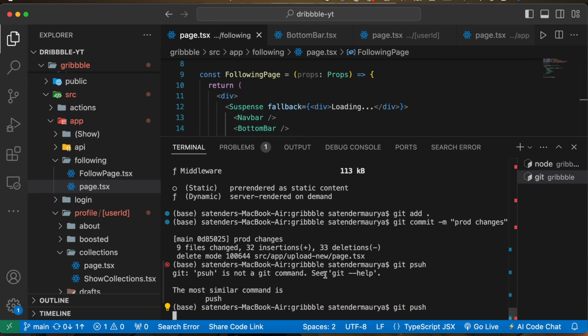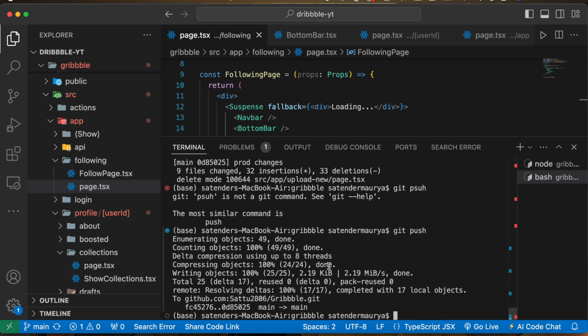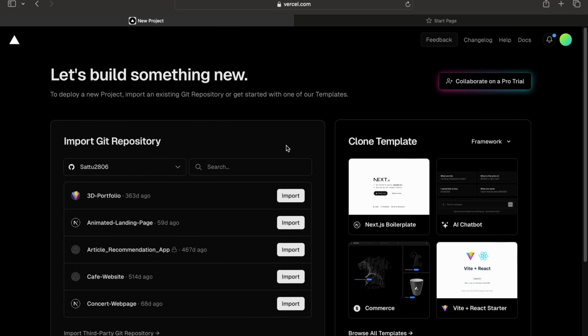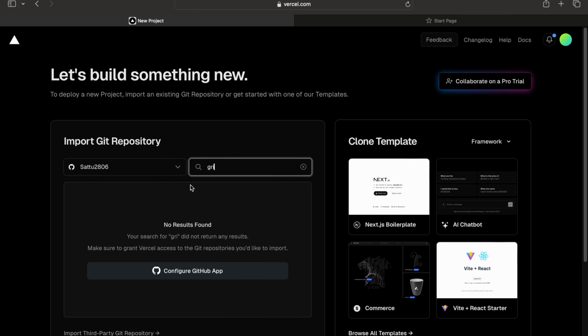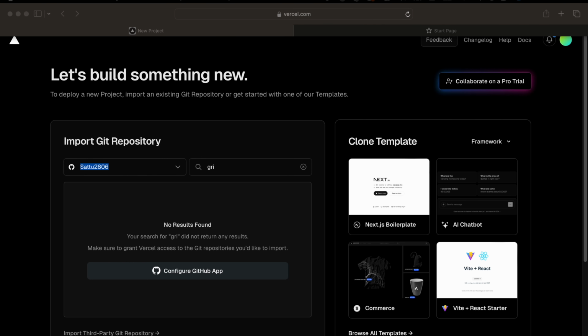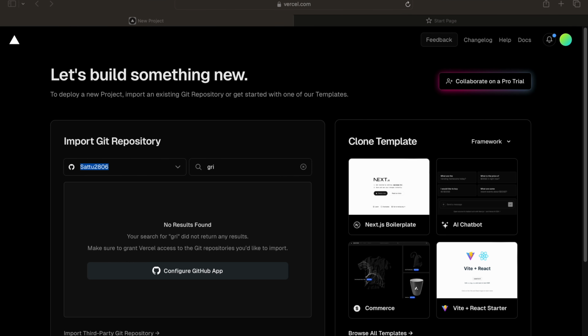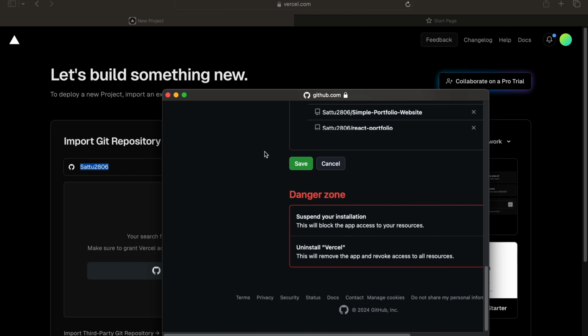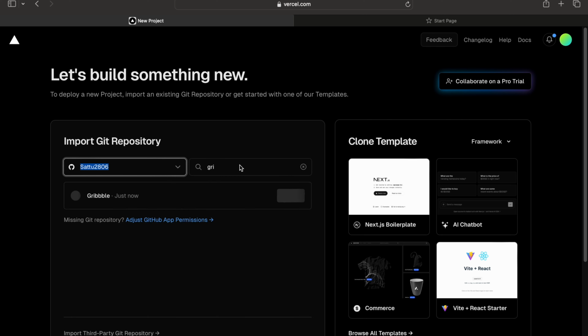Okay, so while this is going, we can go to Vercel and I can search for that project, which is Dribbble. So this is not here. I can go here and authenticate myself. Now I can add it from here. Okay, so here, let's import that,